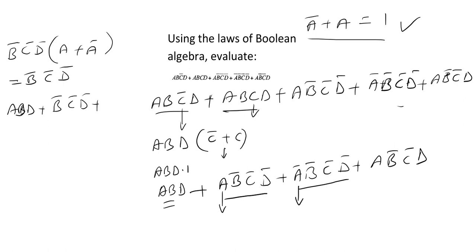Then the last one is A, not B, not C, and we have D. At this point now, we have a law that is called absorption law, which says, for example, if we have A and B and we add not A, the final expression will be B plus A, whereby we absorb the A which is complemented. So in this case,